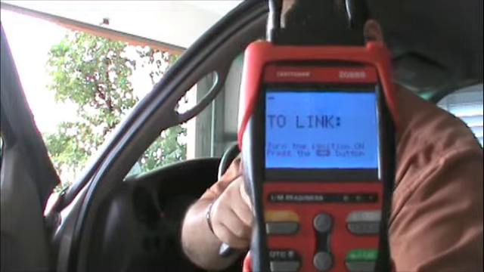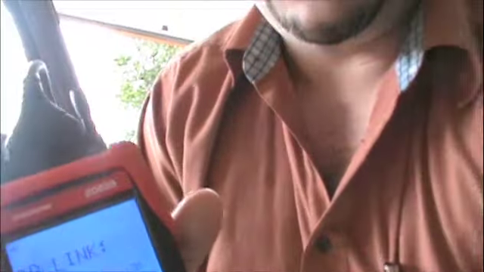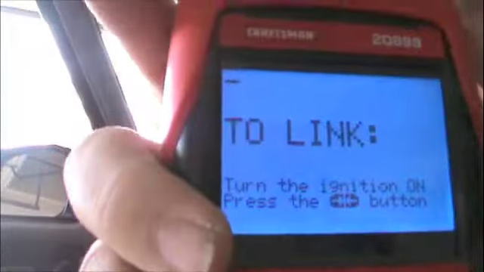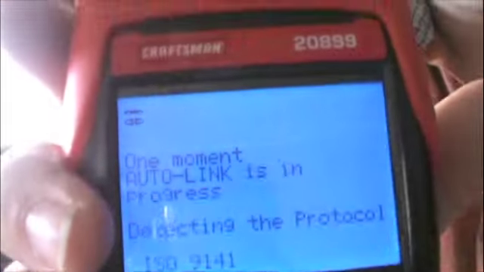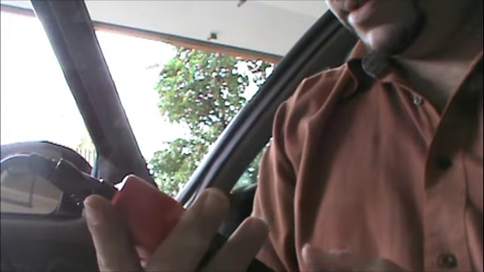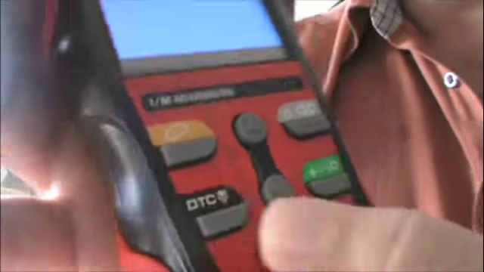I have my scanner hooking up, switching the ignition to the on position. Let me see if I can get a closer look, and then you hit 2 so it can connect to the computer. So you're going to find the trouble codes here,